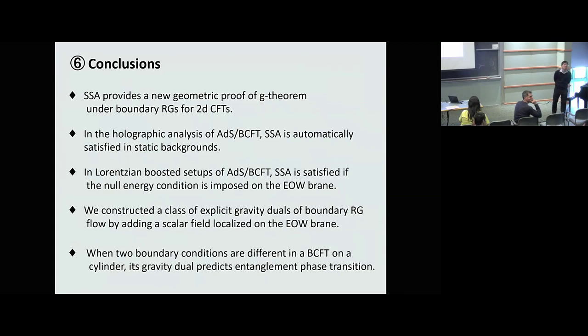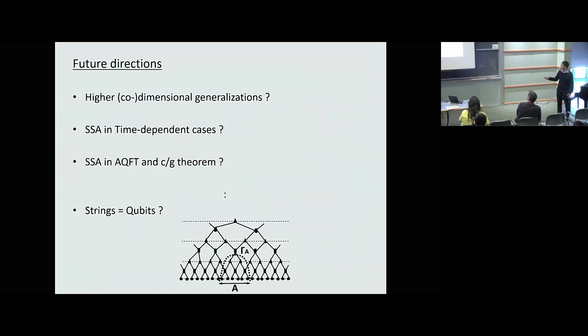Can you elaborate on strings equal qubits? Yeah, good question. This tensor network basically tells us that this quantum state is constructed by some collection of qubits, like entanglement. But it's like open-closed duality. So this is an open string viewpoint. If we go to the closed string viewpoint, you can imagine some lattice gauge theory and do some path integral. There are many brackets. It looks like a closed string, and we do that for this tensor network. That's basically it.